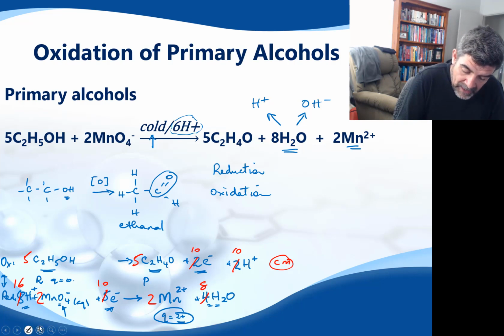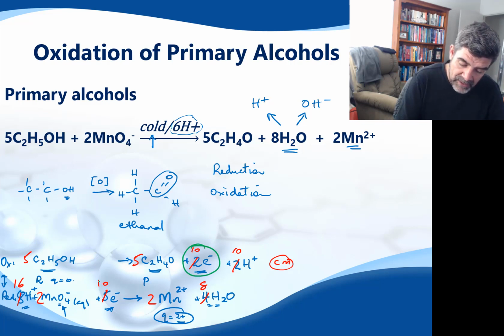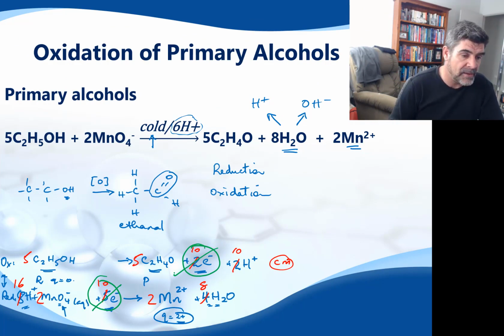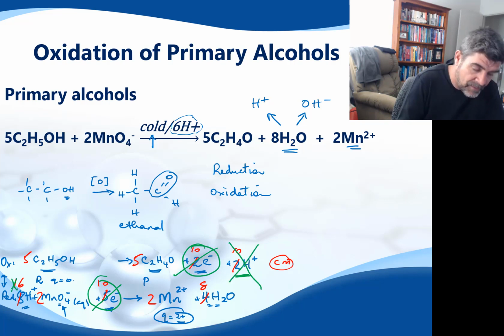This means that now, in a third color, I should be able to identify the species that are going to be cancelled from these two reactions when I put them together. So there's one. The electrons are going to cancel out, because I've specifically looked at the fact that I wanted the electrons to cancel, so I've now cancelled those out. But you can also see that I have 10 H plus on the product side of the first reaction and 16 on the side of the second, the reduction half equation. So that means I can actually cancel all 10 of those and remove 10 of those to leave me with